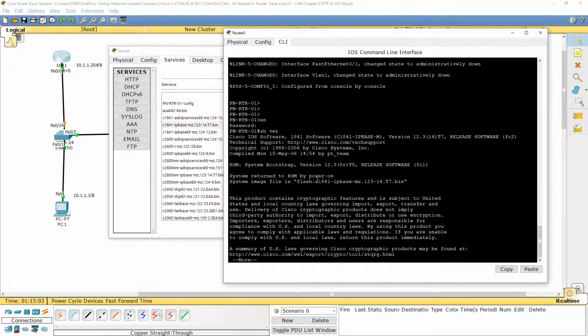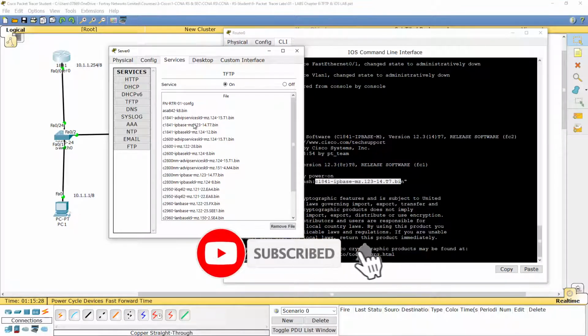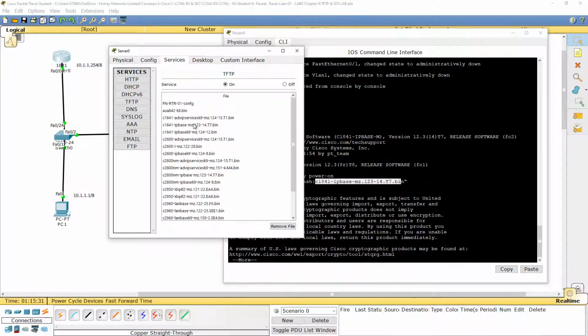See this now, is it changed? Now you have two operating systems, you have a choice. So what are the steps actually? First of all, you check the TFTP server. TFTP must be on. You must have the image stored on the TFTP server. Because we are using Packet Tracer. In a normal situation, the TFTP server may be a computer machine, and you must install TFTP software on it. Then you need to download the operating system from the Cisco website, keep it in the folder, and then you give the path of the TFTP.